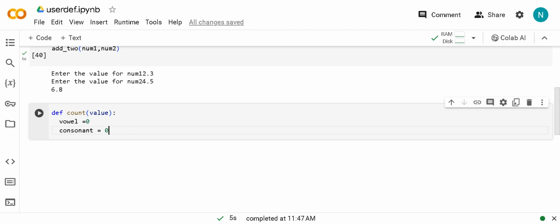So we have just initialized them with 0. We've discussed this example in the lecture. Now what we need to do is check in the string how many consonants and how many vowels we have. So how do we get the whole string one by one, letter by letter? That we have seen